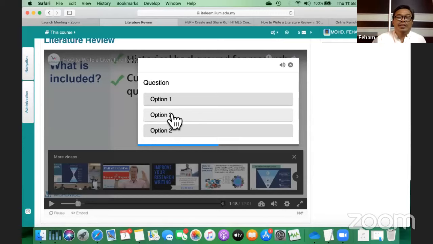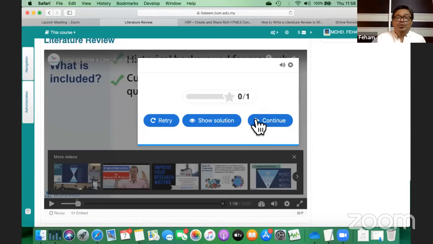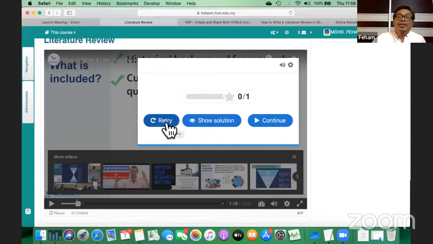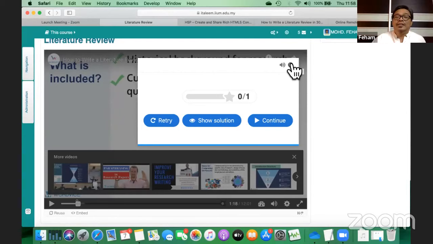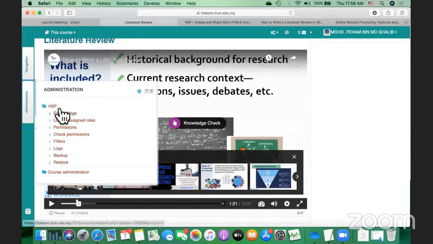When the student clicks, say for example here, he got it wrong. Okay, and then he can continue, show solution or retry. So all these options can be customized. You can even hide the show solution or hide retry within the settings inside the activity that I have created earlier. So you can add as many as you want pertaining to the interaction,